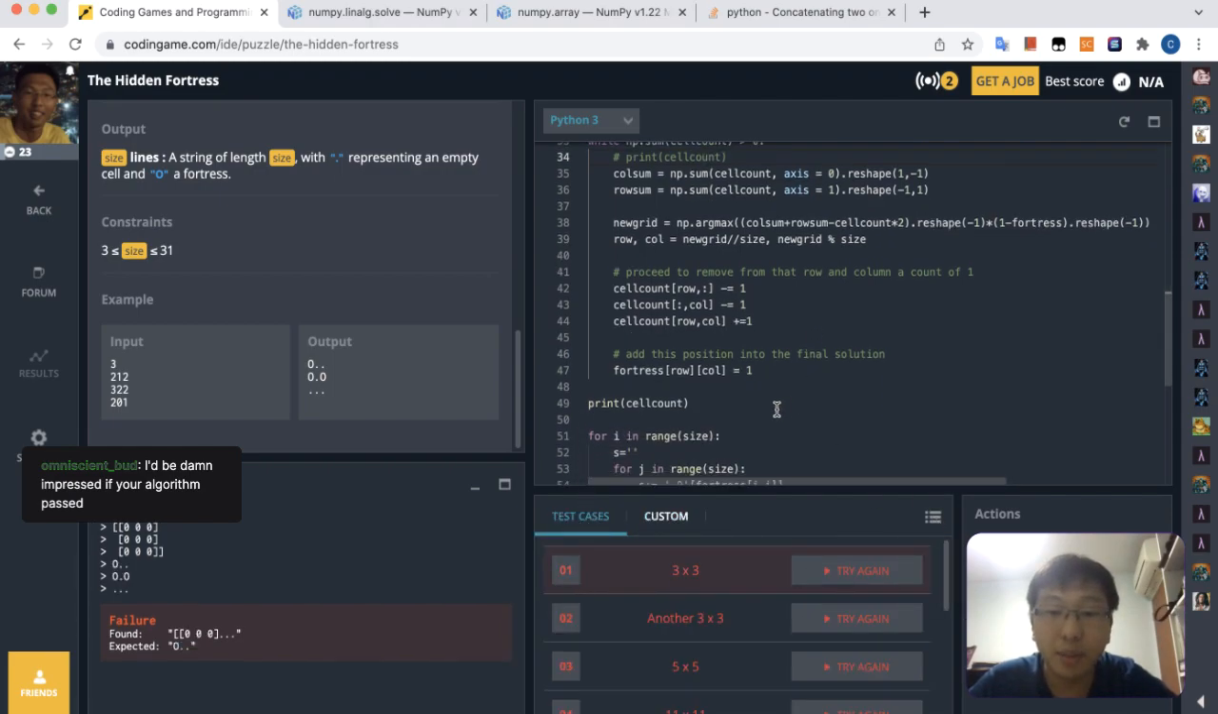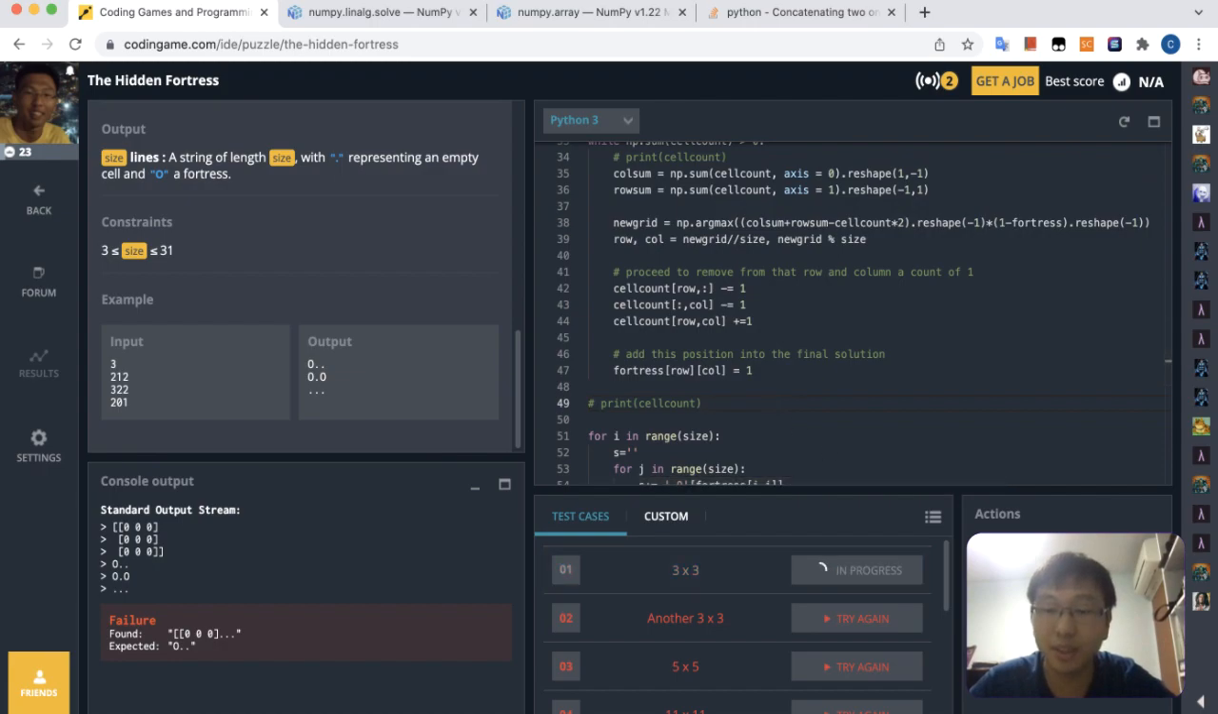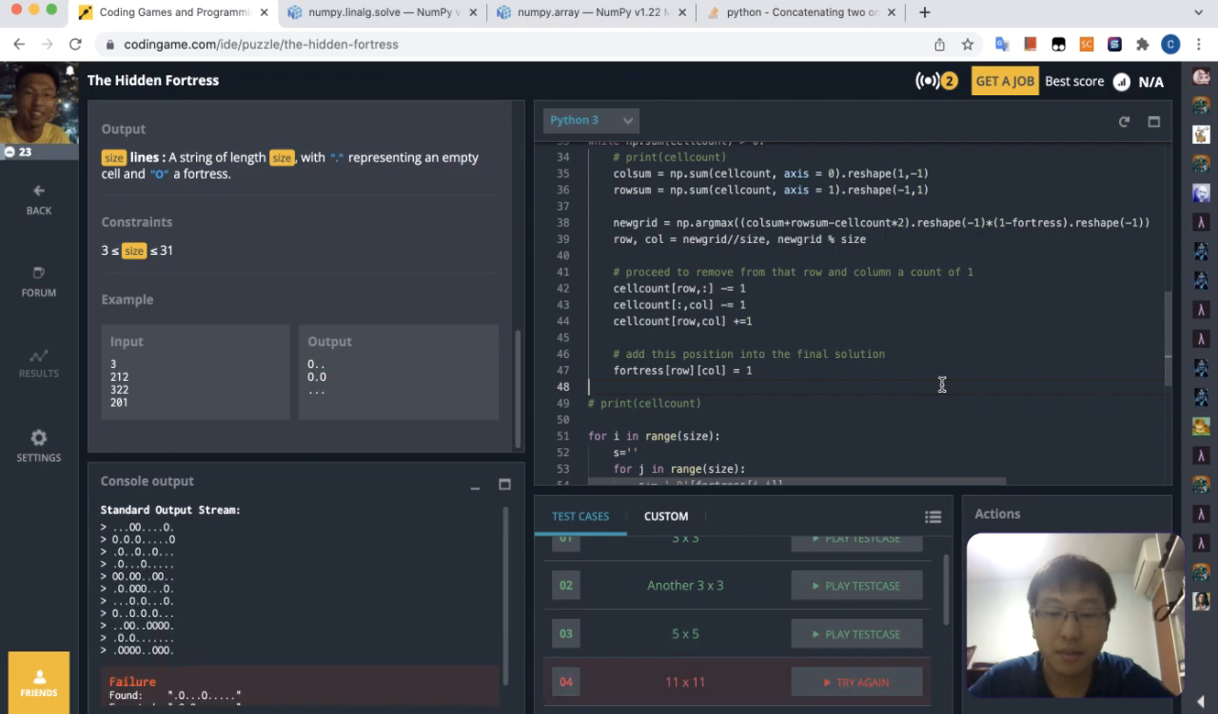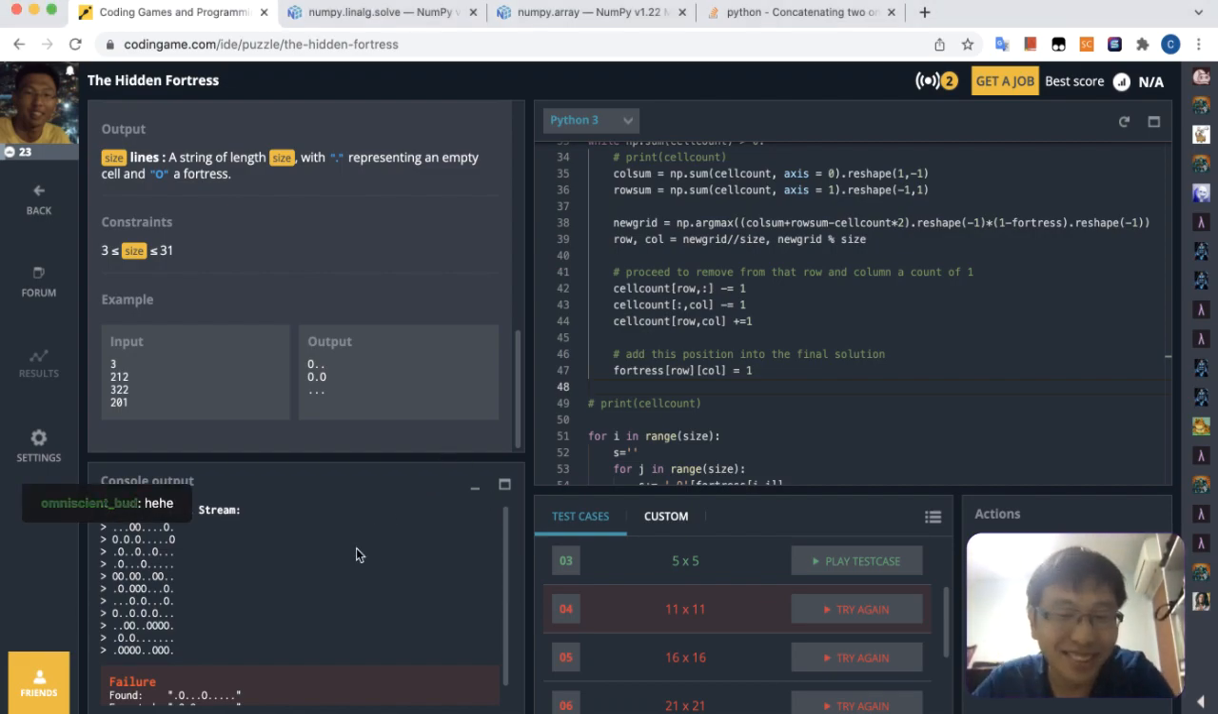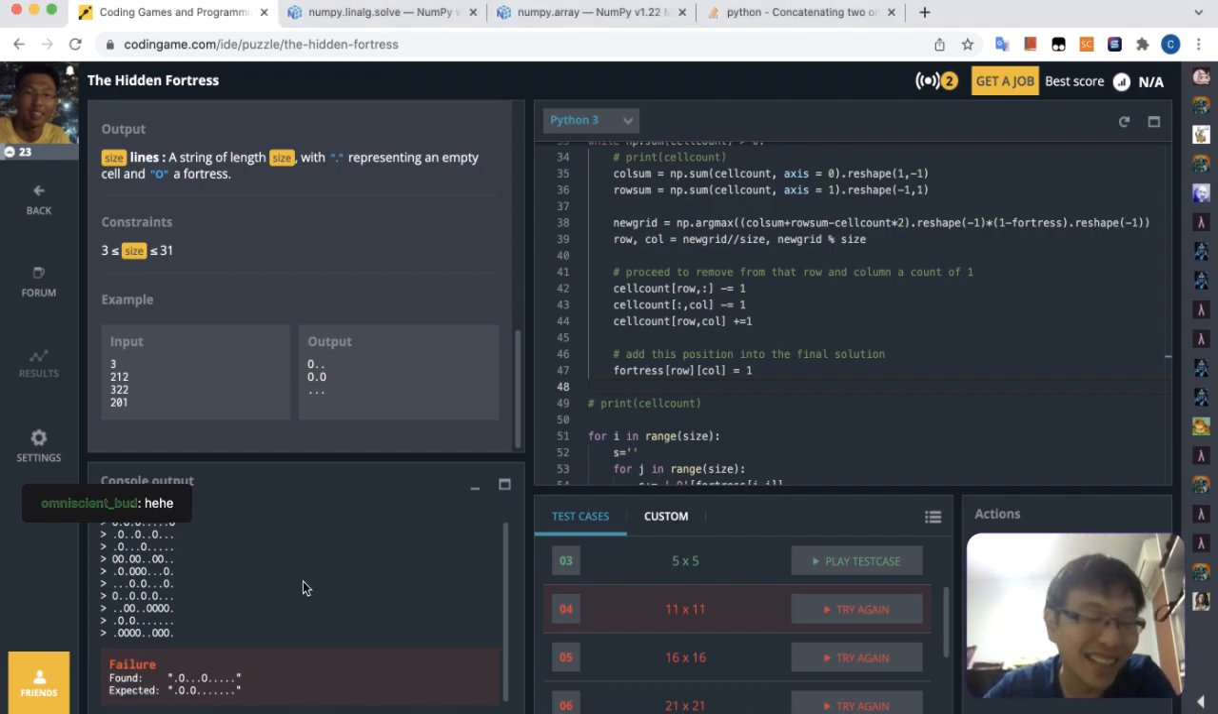I printed out something. Oh, I'm so excited, whether this works. No, it still doesn't work. It still doesn't work at the 11. Oh, what is wrong? What is wrong? Oh man, I thought I got it already. Okay, I found a test case that it didn't work, but let's see